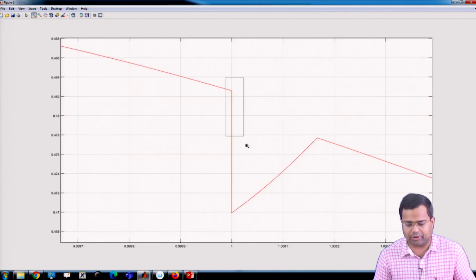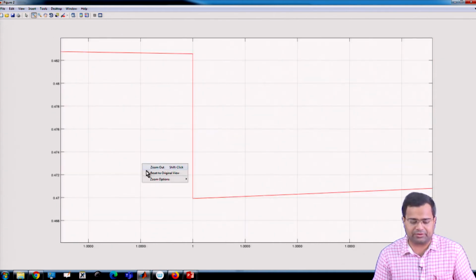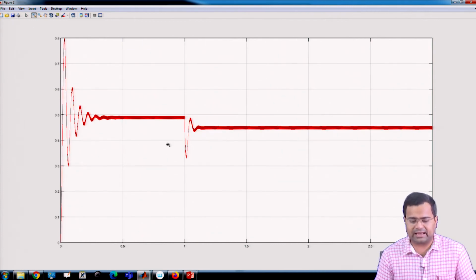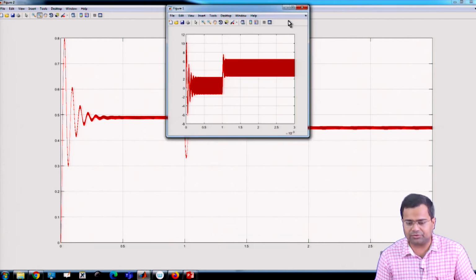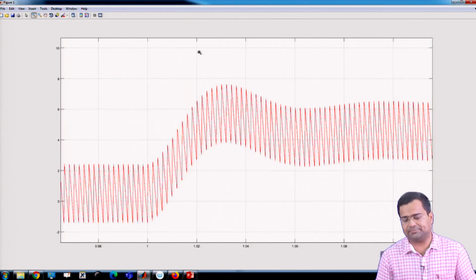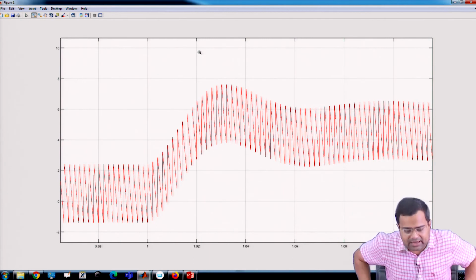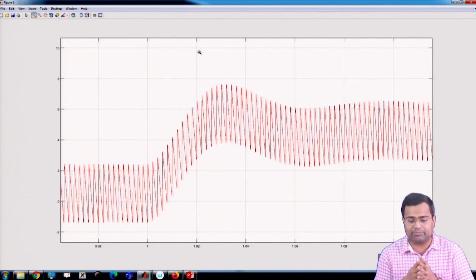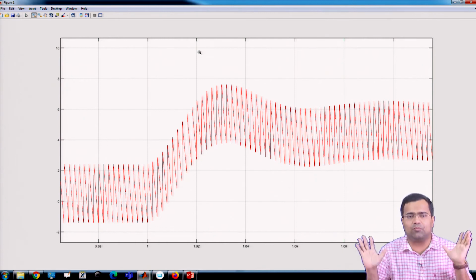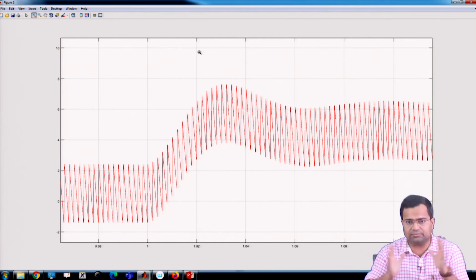This was our point of discontinuity, because we have clubbed together both the simulations. So, we have created a case study where the inductor current also we have merged together. That means we learned how to simulate a transient case study. This is in open loop, but we can do it in closed loop, there is no problem.